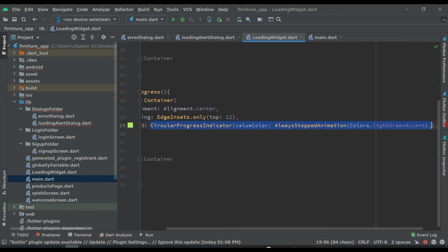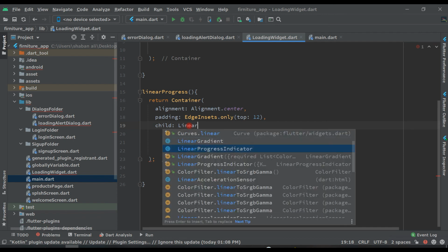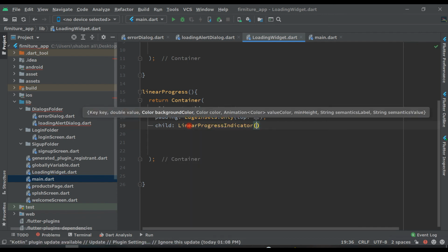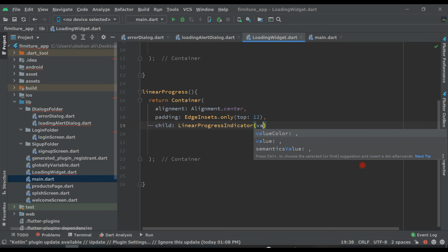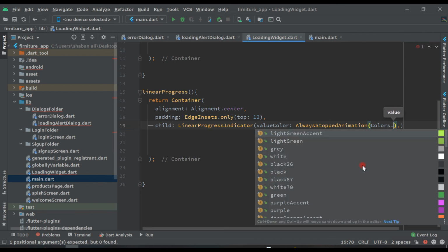From this child, cut it all and write LinearProgressIndicator, valueColor AlwaysStoppedAnimation, then open bracket, Colors.lightGreenAccent.